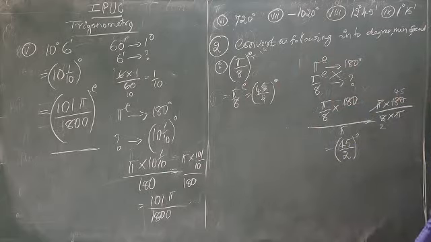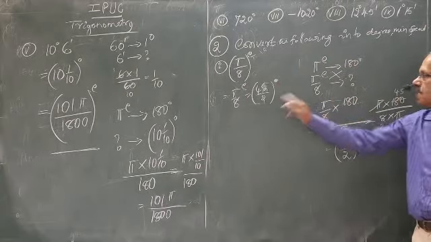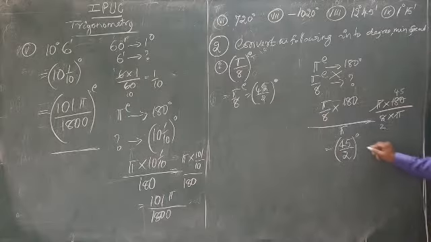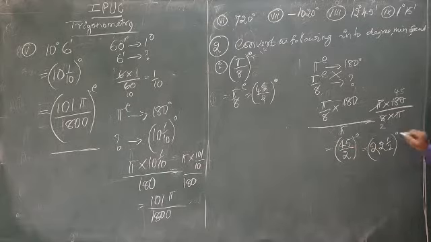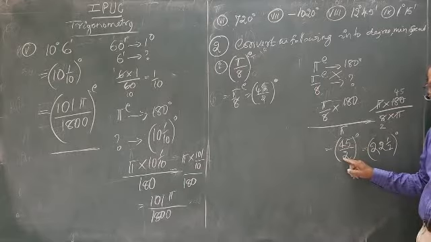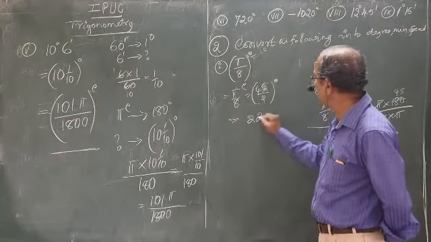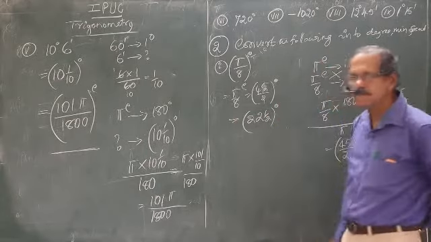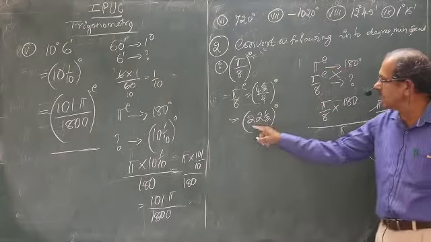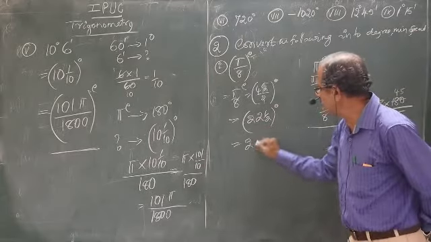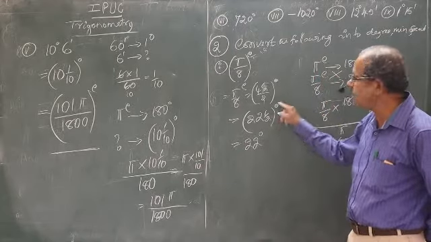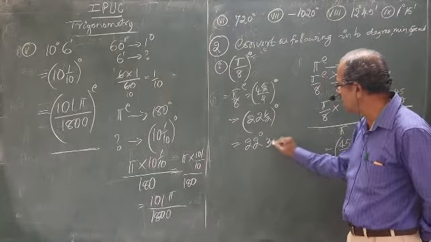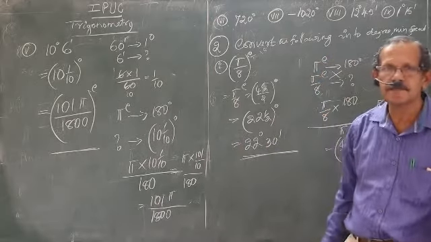45 by 2 degree. But remember, you are not writing this one as 45 by 2 degree. Actually what it is, 22 and 1 by 2. Instead of writing 45 by 2, mixed fraction is 22 and a half. So I can write this one as 22 and a half degree. Again you are not writing in this system like this. You are writing 22 degree and half degree means 30 minutes. This is the final answer.